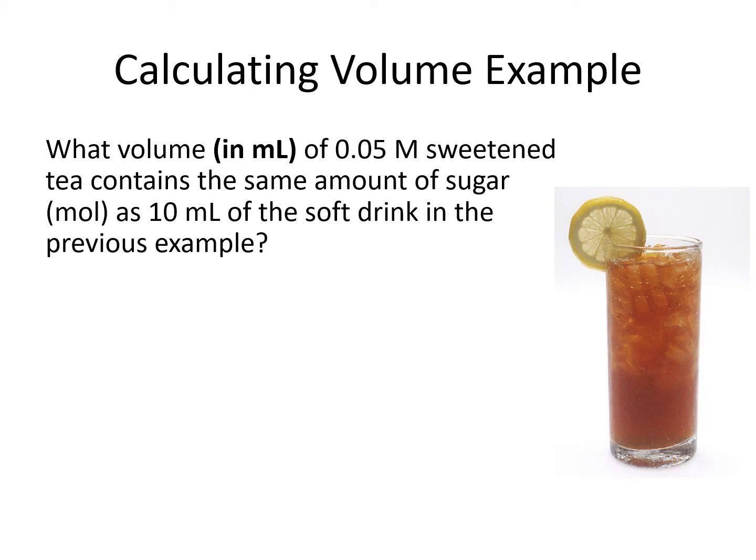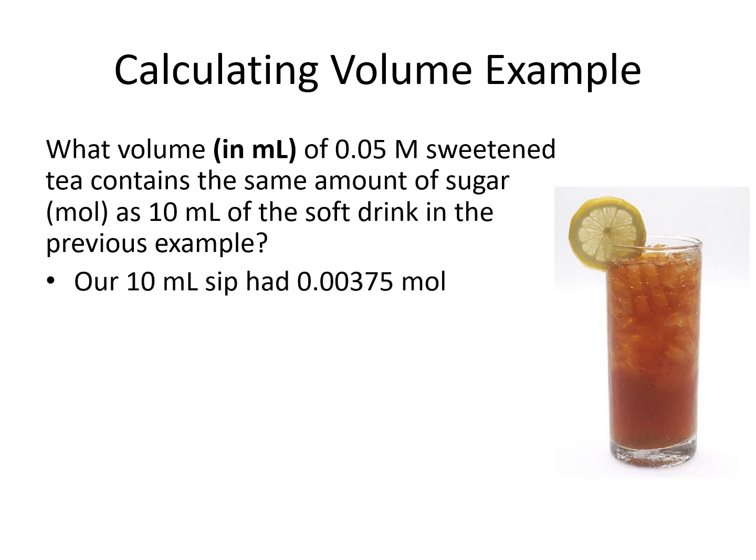In our third calculational example, which is based on the previous ones, we have some sweet tea, and it has a different concentration compared to the concentration of sugar in the soda. The sweet tea's sugar concentration is 0.05 molar. Let's say we're on a diet and we want to find what volume of the sweet tea we can drink that will give us the same amount of sugar as the sip of soft drink from the previous example. In the previous example, our sip had